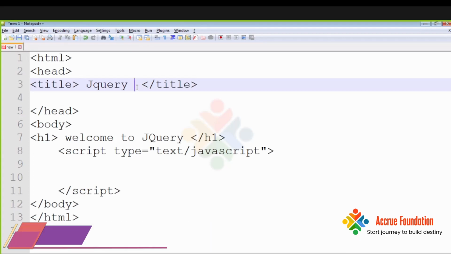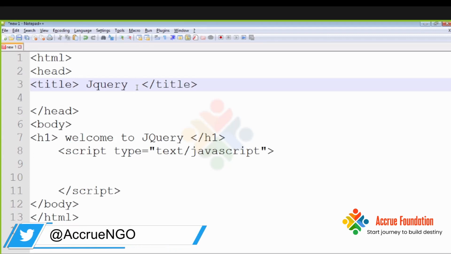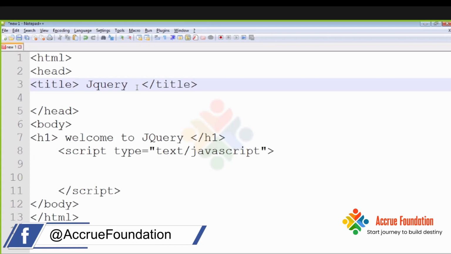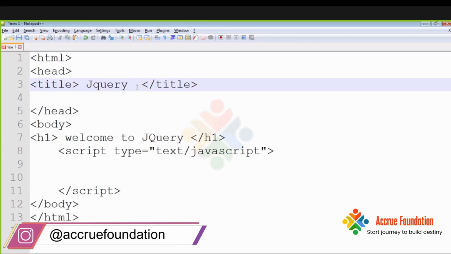Like in Bootstrap, how we use the IDs and classes which are written as CSS, right? We are just calling those IDs and classes. Same thing here: the functions are already written in JavaScript and we are using those functions. In Bootstrap, we add external files, so same thing, we have to add one external JavaScript file. So where is the JavaScript file and how can we download it?